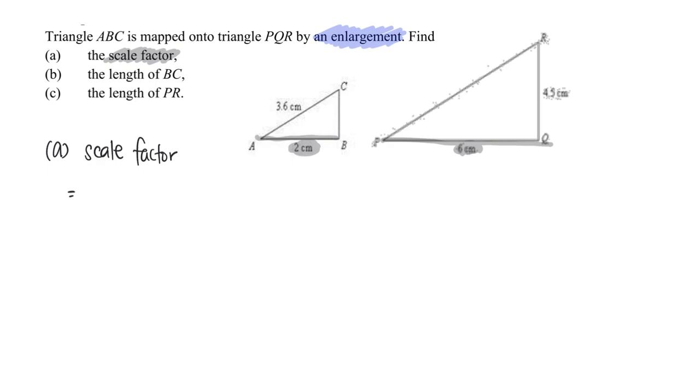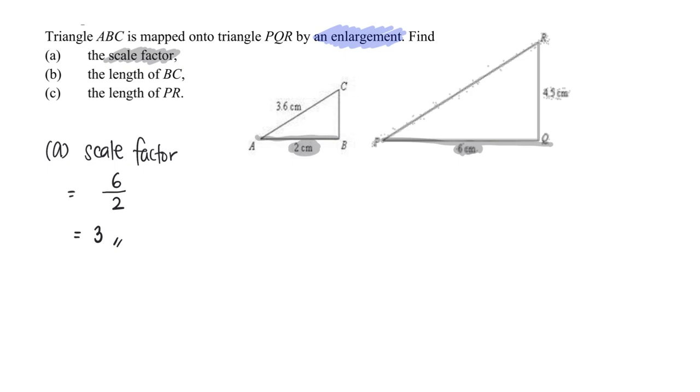And then the image, which is in this case 6, divide by the original 2 to give me 3. So PQR is actually 3 times of ABC. Alright, now that we know that triangle PQR is indeed 3 times larger than triangle ABC, then for part B